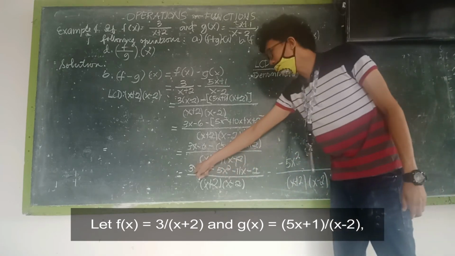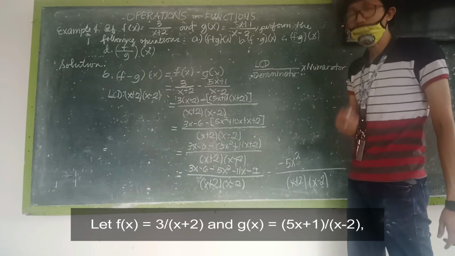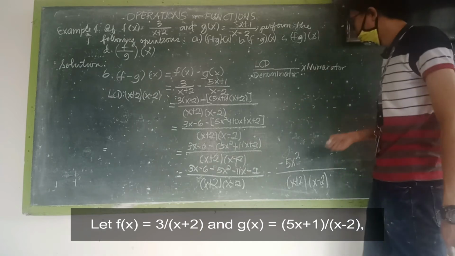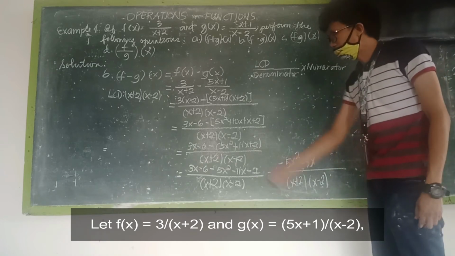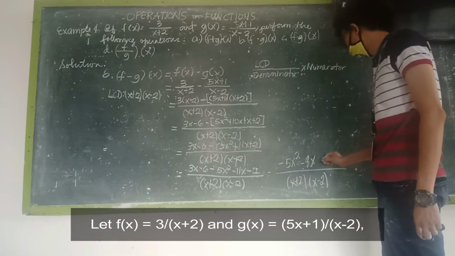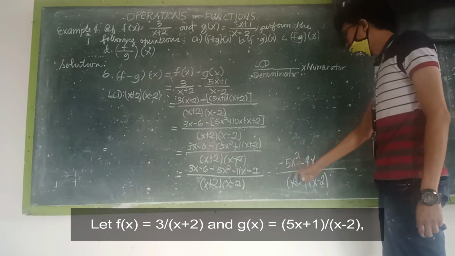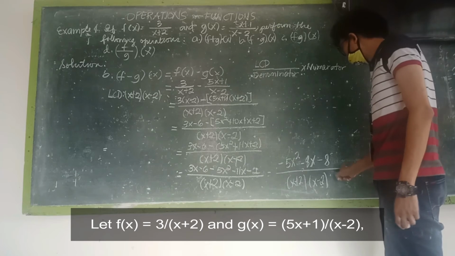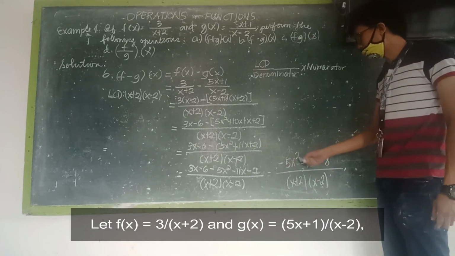Then we have 3 minus 11, or 3 plus negative 11, so magiging negative 8x. Then, negative 6 minus 2, we have negative 8. So, we can conclude that the answer for f minus g of x is actually negative 5x squared minus 8x